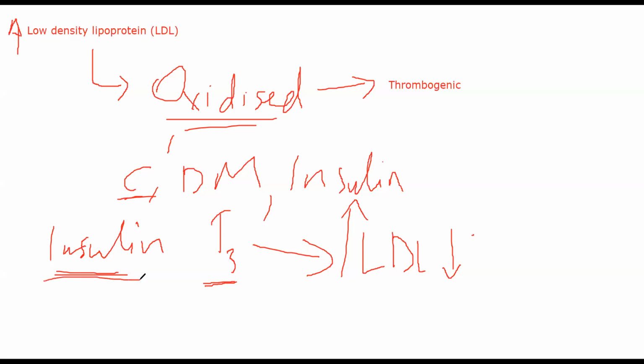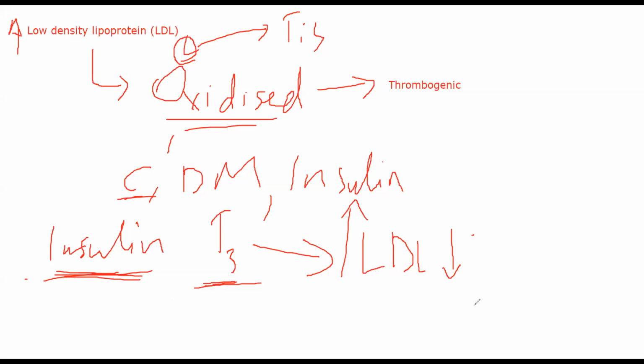Whenever insulin levels and T3 are high, they will cause LDL to get bound to liver cells very quickly. Now, LDL's job is to take cholesterol from your liver to different tissues, right? What these two will do is they will make sure it is bound to liver. It is not getting out of liver that easily, or in a way they are causing decreased amount of cholesterol indirectly. Insulin and T3. Whenever someone is suffering from diabetes mellitus or hypothyroidism, when their insulin and T3 levels are low, there is a good chance that they will have hypercholesterolemia because of increased amount of LDL present in their blood. So that is about your LDL.